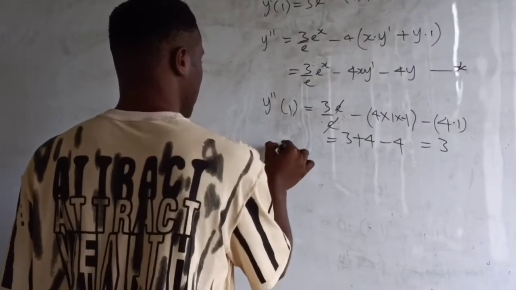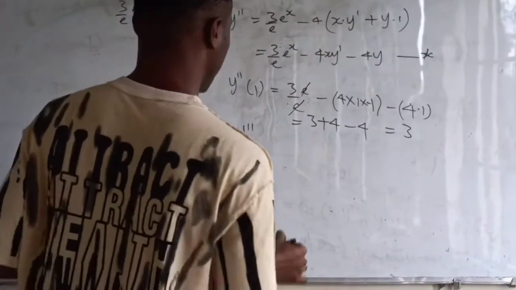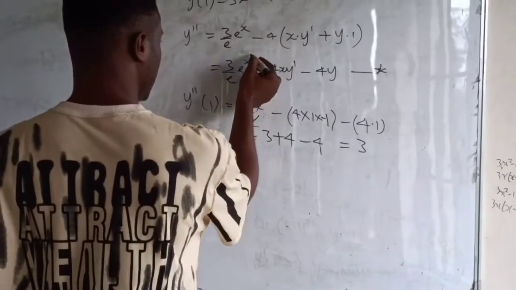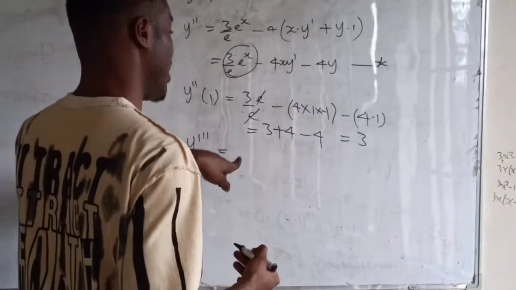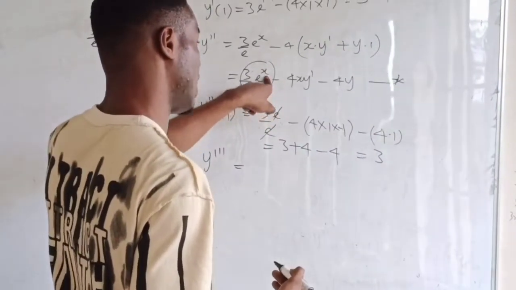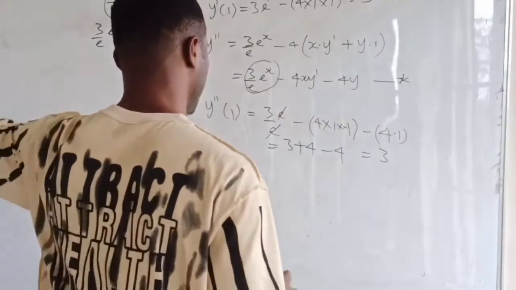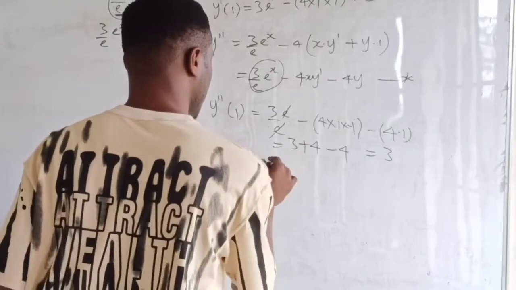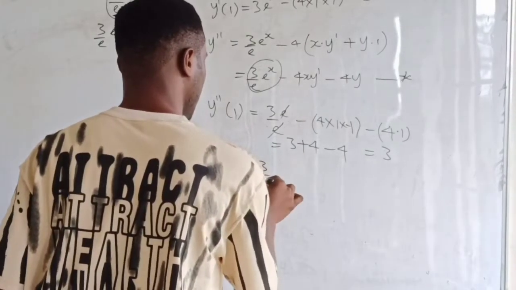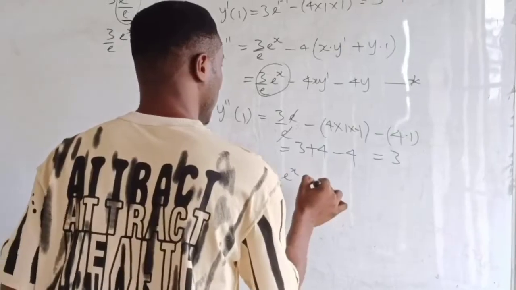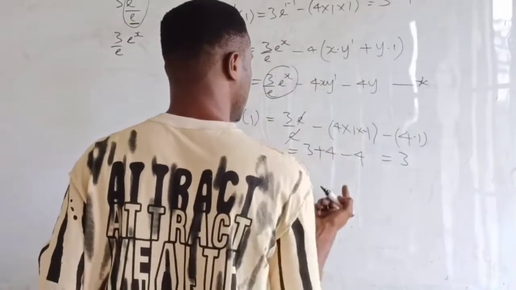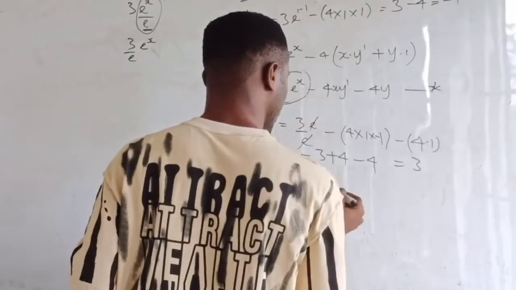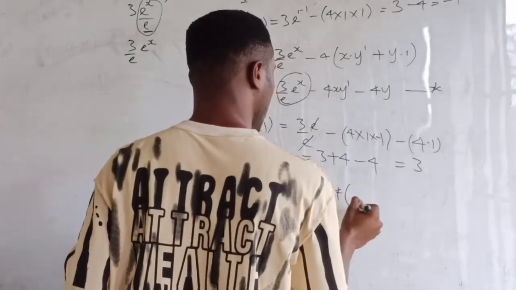So let's know our third differential, which is y prime prime prime, is equal to, if you differentiate this term, you're still going to have the same thing, because the differential of an exponent is the same as its integral. So this gives us 3 over e to the x minus, bringing out the coefficient of this product gives us negative 4 exponent,